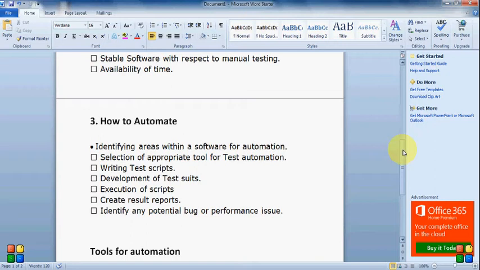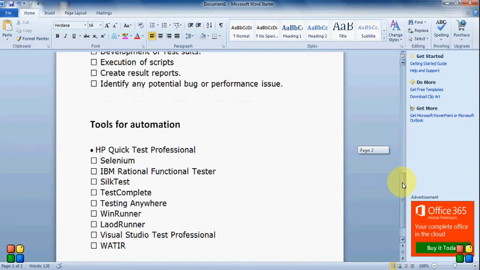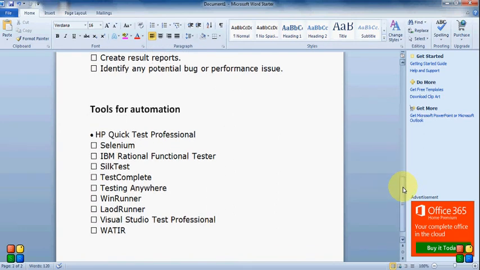Now for automation, the very important thing is the tool. Guys, these are the tools available in the market. The very important and the most used tool is HP Quick Test Professional. Maximum or most of the companies are using this HP Quick Test Professional tool.